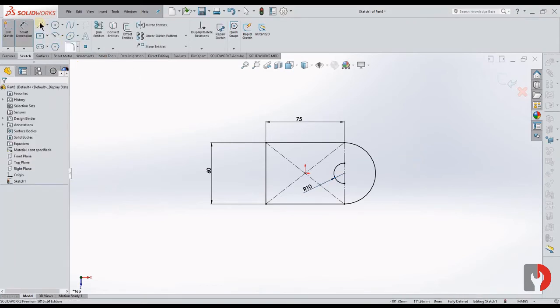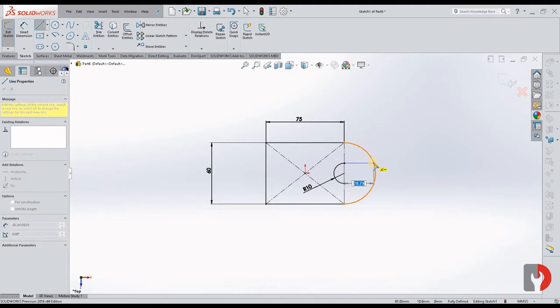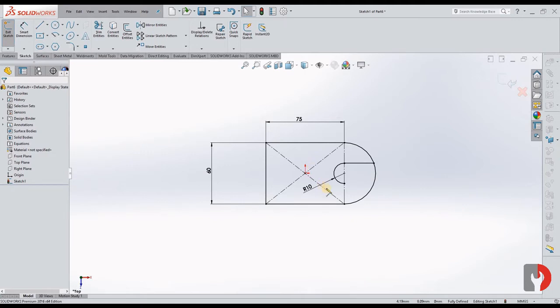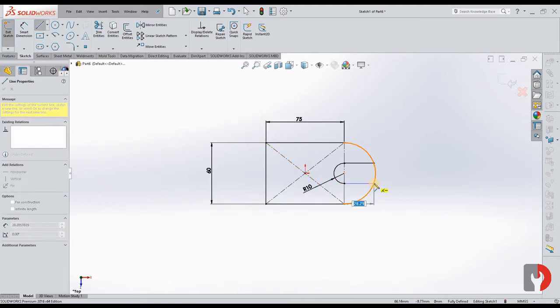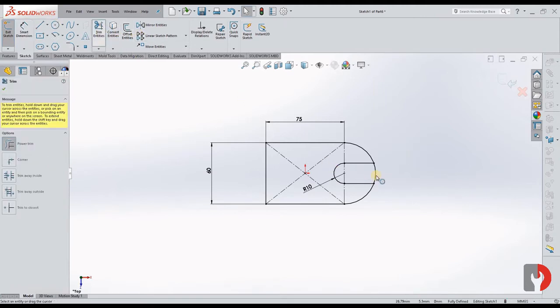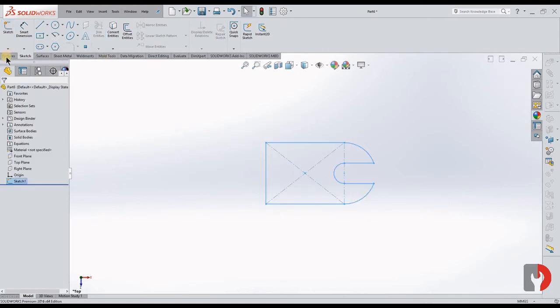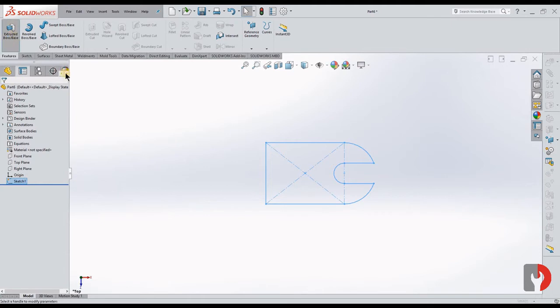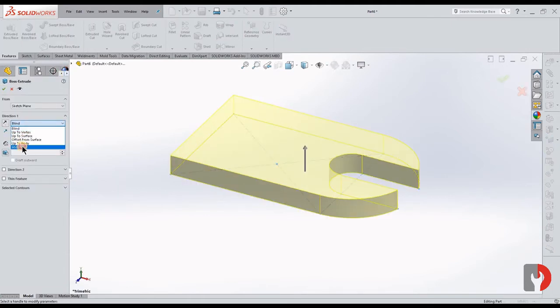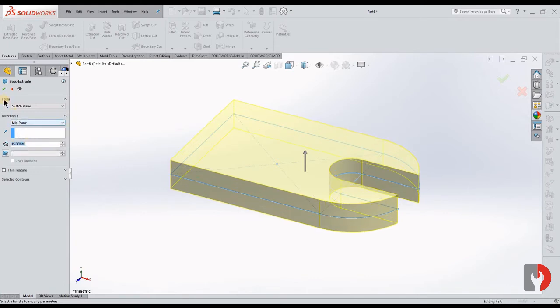Okay, now it's fully constrained, and now choose line connecting the circle. Okay, enter to repeat, touching the circle. Okay, now let us trim. Okay, exit from the sketch, extrude boss base, mid plane, give the value as 15. Okay,